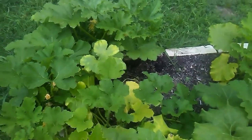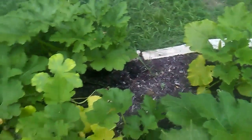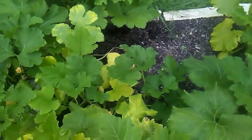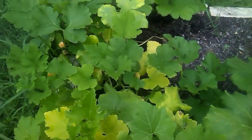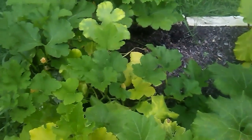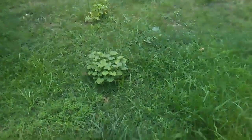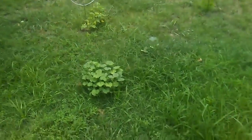So next I will show you the pumpkins. Oh, look, a wasp. Anyway, so here are my pumpkin plants. I think that they're doing pretty good. I'm hoping that means that I will get pumpkins this year, because I've never gotten pumpkins before. These are actually just pumpkins that rotted away in my yard. It was easier. I transplanted them from the regular yard in here, and then I have more just randomly coming up in patches. That doesn't make any sense, but